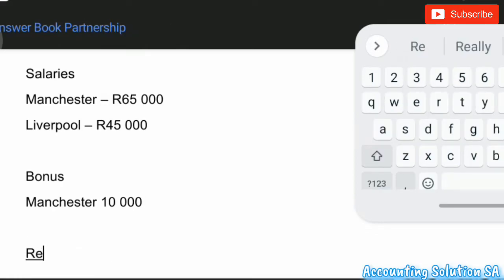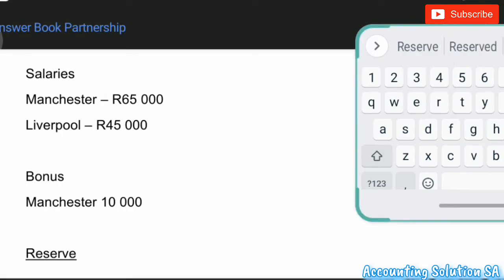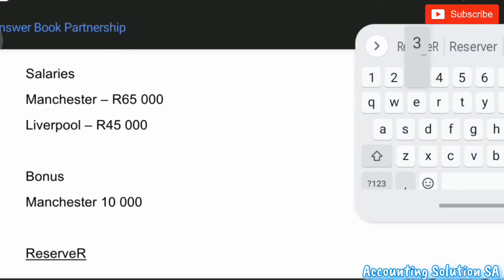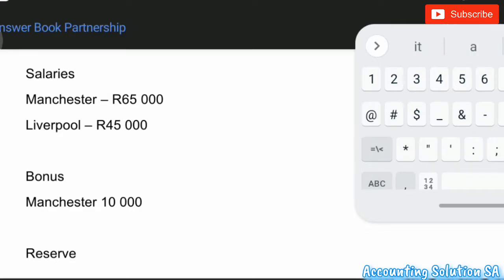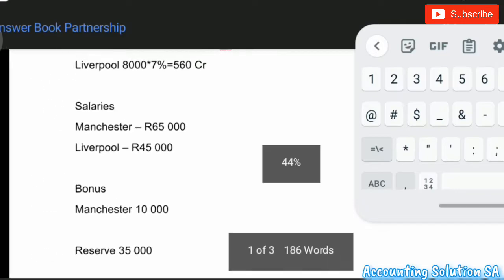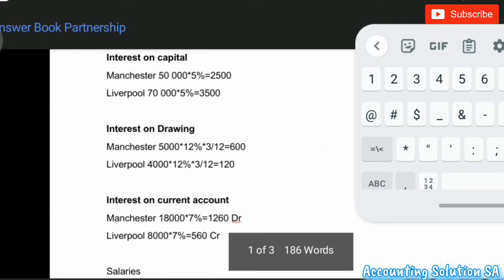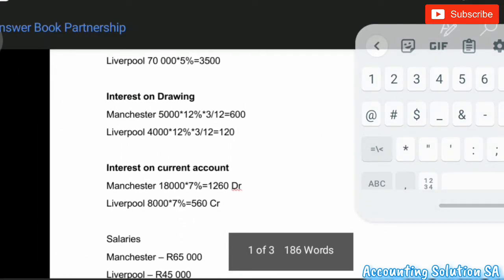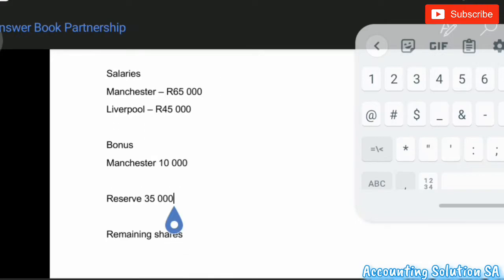Okay, then a reserve is 35,000. Simple. So this is how you should show all this calculation before you start answering the part of